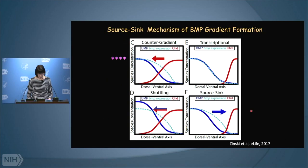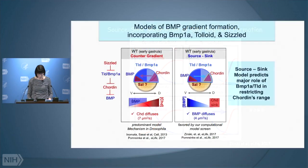So we've reconsidered now that the mechanism for generating the gradient may in fact be this source sink, but we really didn't eliminate the counter gradient. There's still simulations that fit for the counter gradient. So to test the model further, another graduate student came to the lab, Francesca Toison, and what was key in